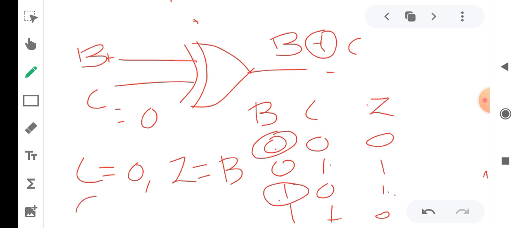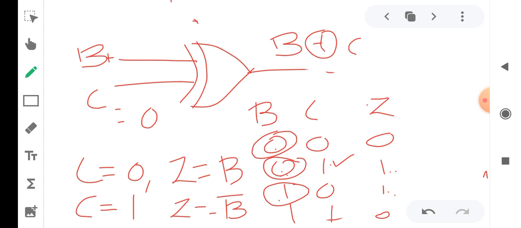When C is equal to 1, you can see here, what is Z? The output is the complement of this input B. Z is equal to 1 when B is equal to 0. That is B complement. Z is equal to B complement.